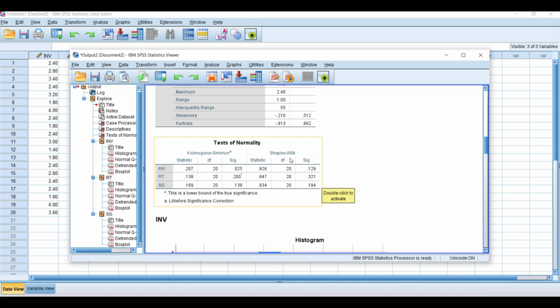Okay, as you can see, because we have a sample size that is less than 100, we shall be relying on Shapiro-Wilk. Had it been more than 100, we would have used Kolmogorov-Smirnov. Now, if you look at this particular Sig value, which is the p-value, you discover that they are